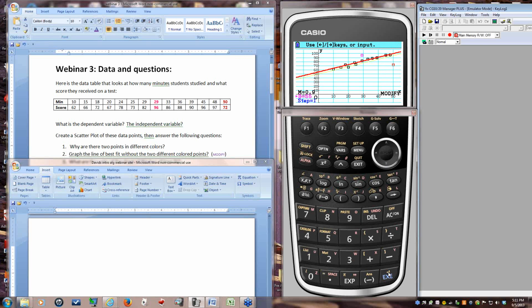Again, that looks pretty good. Now, one thing that you can do, I know what the right answer is. I know I've calculated the line of best fit without the two outliers. So I know that the correct answer is y equals 0.974350x plus 51.98 and some other values. So I know what I'm looking for.